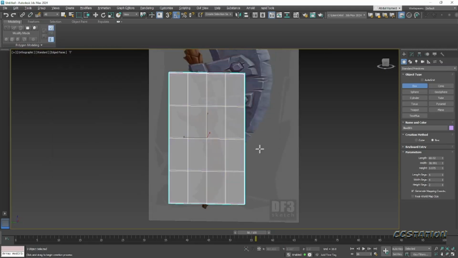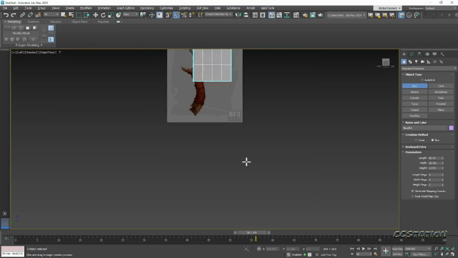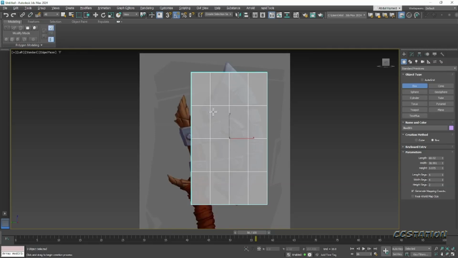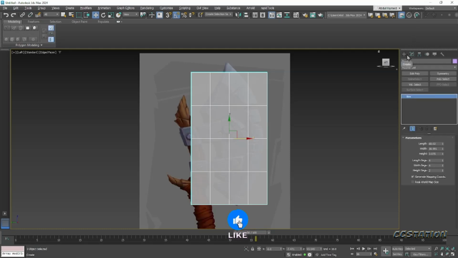And right now, if we press Alt X, it will change it to an X-ray mode, so we can see through it. And those segments, we do need a lot of those segments. So maybe we need like 3, and maybe vertically, maybe we need 1 or 2. So based on my judgment, I don't want to see vertical heights. I will add them manually because it will make the job a bit more difficult. So right now, because you need that geometry to flow in well,